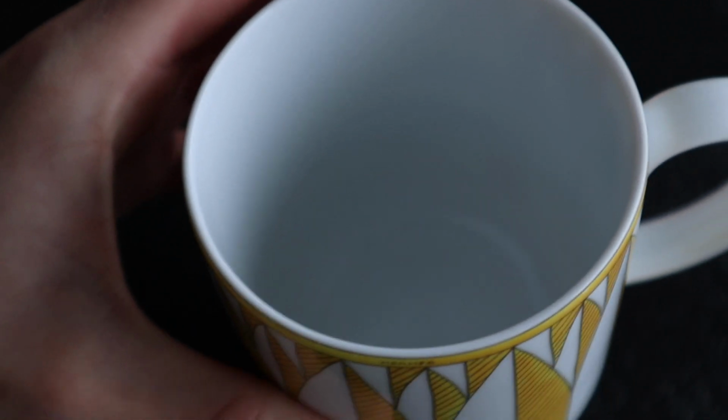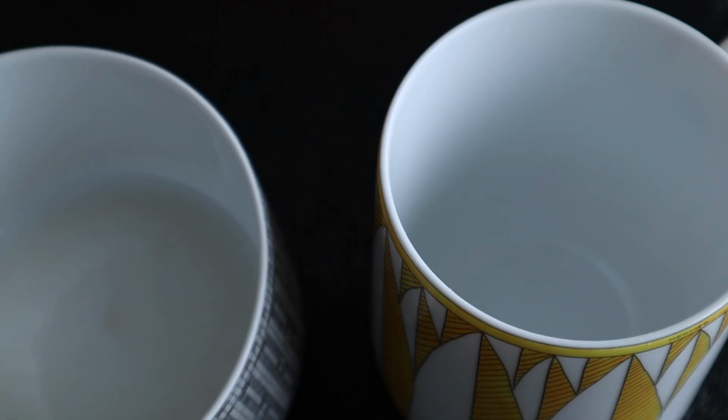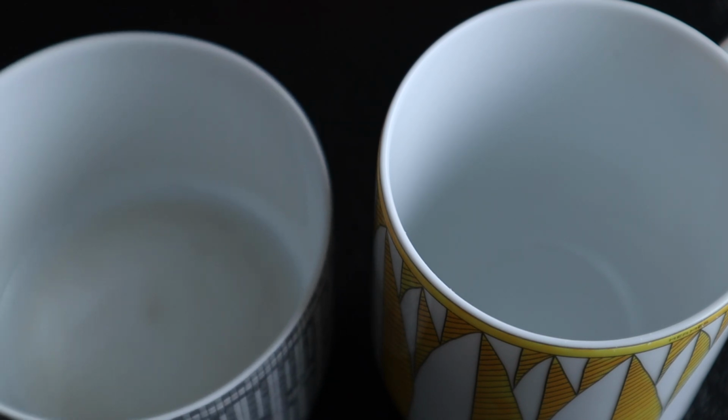But the mugs, which I use multiple times a day, every single day, are quite annoying, especially because my Mosaic mugs have definitely started discoloring. No matter how hard I scrub them, there is some discoloration that I cannot get rid of, which is just not the prettiest look, especially in the morning when I make myself a fresh cup of tea. I don't want my mugs to look brown, which, trust me, I know it's not a big deal. I know it's a first world problem to drink a cup of coffee or tea from a mug that looks a little used,